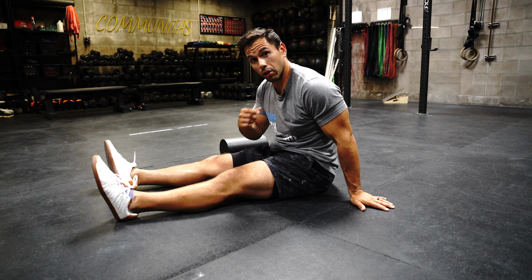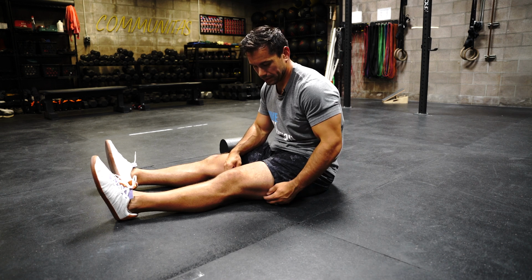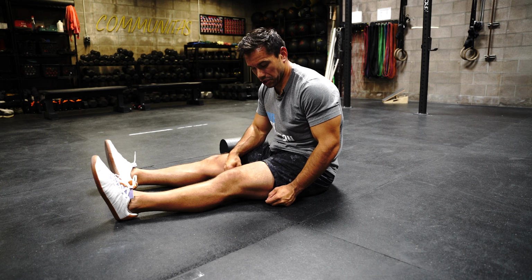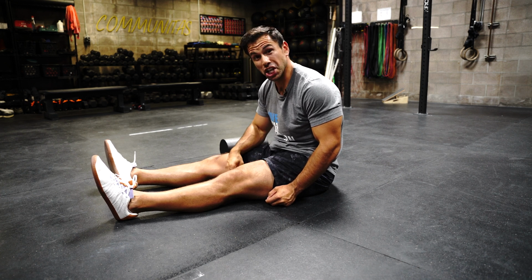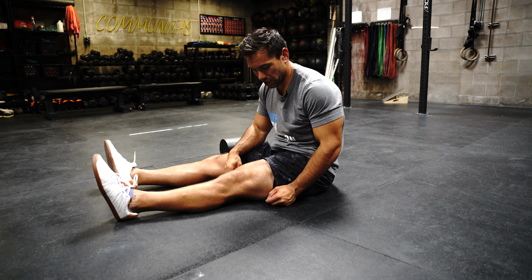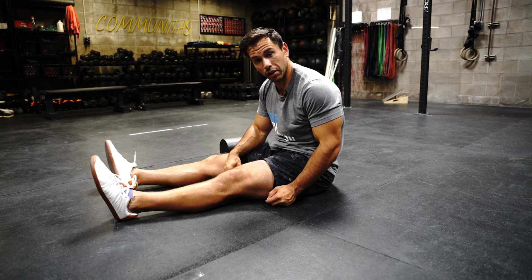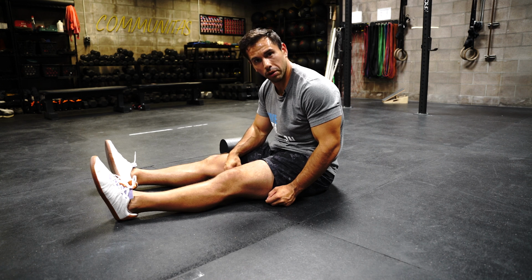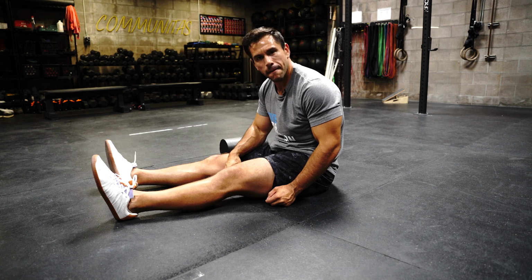And I want you to follow along at home if you're working on this with me as well. 5, 6, good. If you just had surgery, if you just had an injury, this muscle is going to be shaking tremendously. And that just means that we're really working hard and we're going to start seeing some improvement here. And it shows you that this is an area that you really want to focus on. Okay? We'll do one more rep of the quad set for you, holding for 5 seconds,